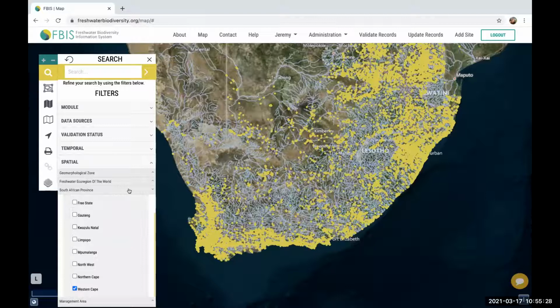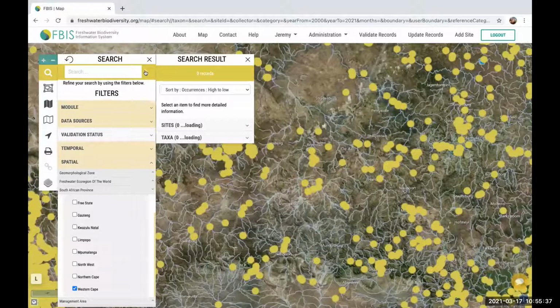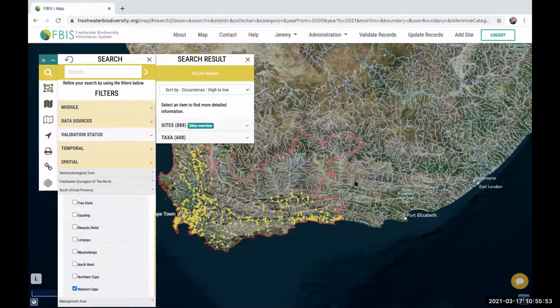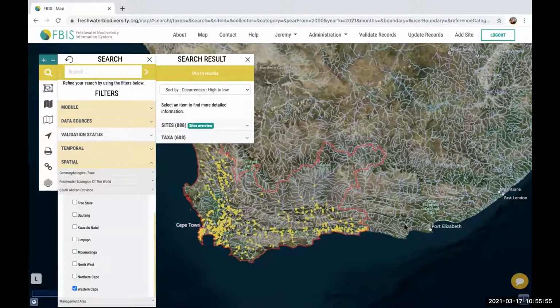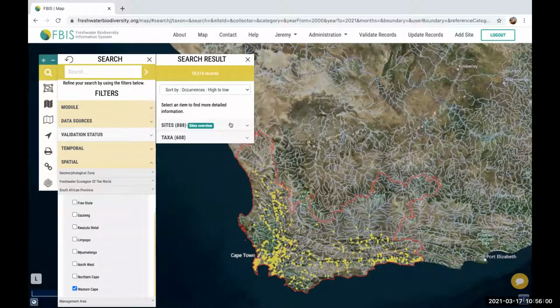And I'll check that. And then if I hit search, based on those filters, it will return the occurrence records for invertebrates in the Western Cape province since the year 2000. Nearly 60,000 such records. And the spatial filters are shown quite clearly with this red outline on the map. Can again look at the sites,